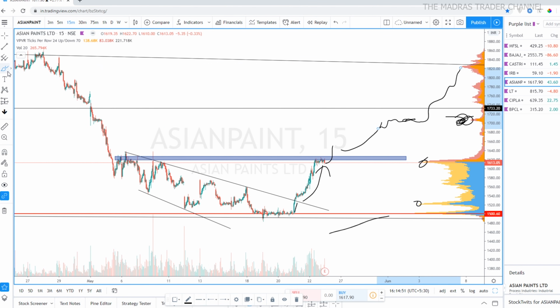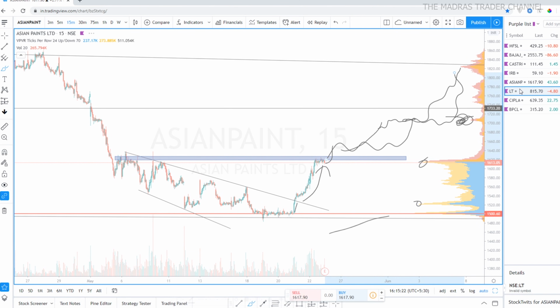Okay, this is quite huge. It cannot happen like this. This is a huge momentum. Probably it can go like this and then move above, and then again a consolidation and move above. So it depends on your trading style. You can take up intraday or swing trading with a smaller number of shares. So basically this is how you must analyze volume profile to take up the trades, and I hope you got the point. Let's go to the next stock.